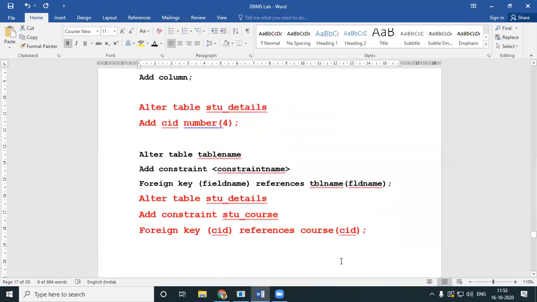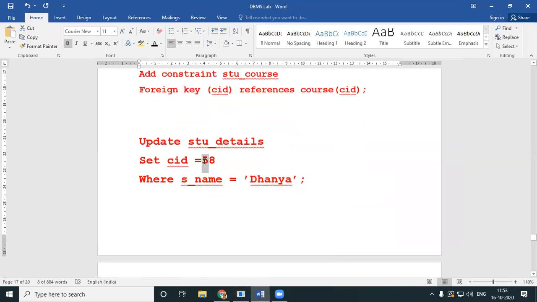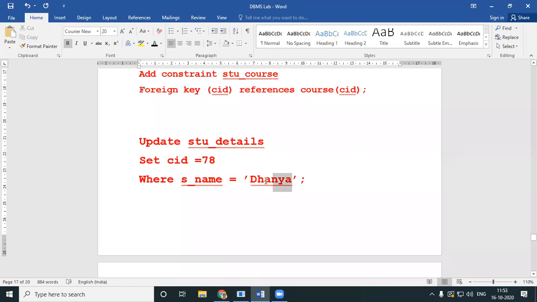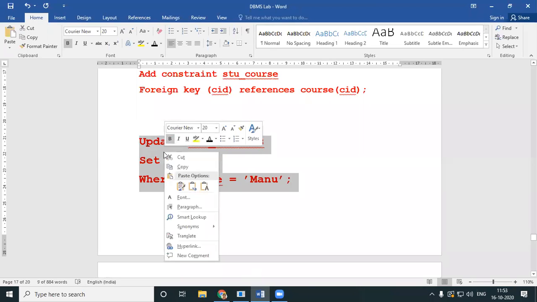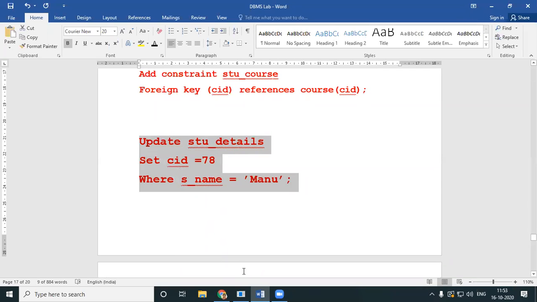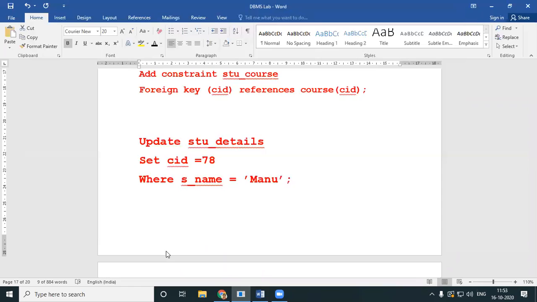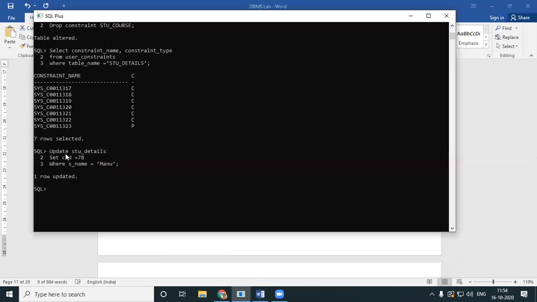We'll just do a bit more mischief over here. You remember we did 78. We'll try that again for another detail. Let's say we had a detail called Manu. So I'm planning to update Manu's details. Now look here, Manu has been updated with 78. Can you tell me why was Manu